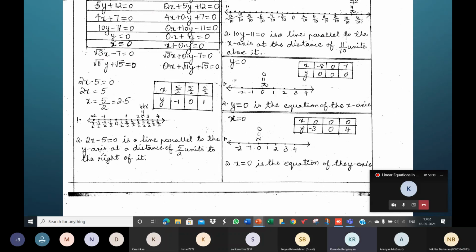This I've just given as an example, children. We didn't try to plot it because we have real values, and there is a limitation when it is a graph. You cannot plot this exactly; you have to take approximate values and plot. So this one I've just given for the sake of an example, that the coefficients can also be any real value like √3, √11. All right, now we are looking at this example. y is equal to 0, x is equal to 0.